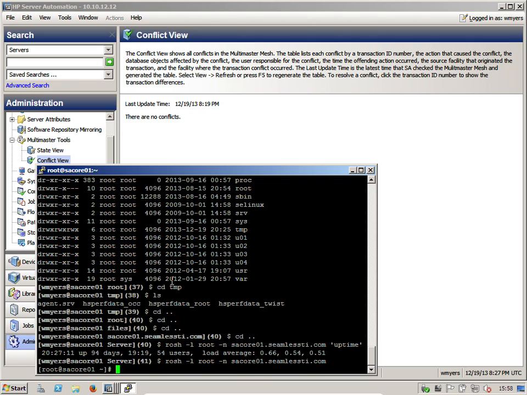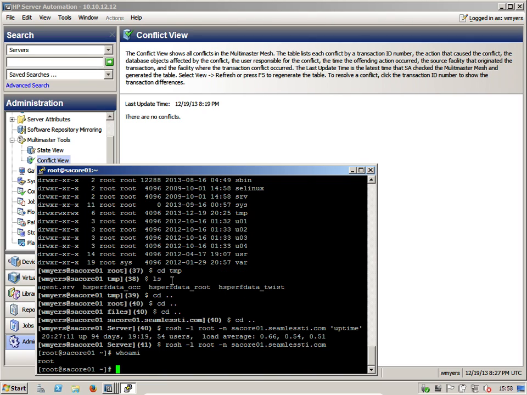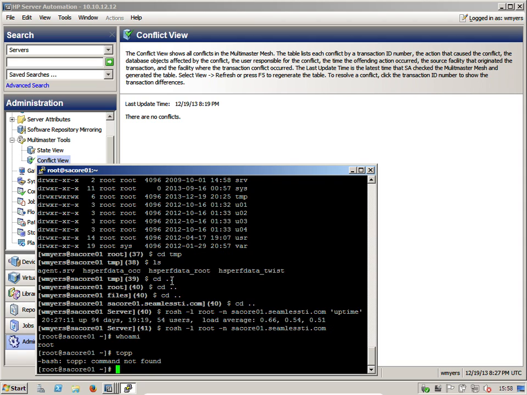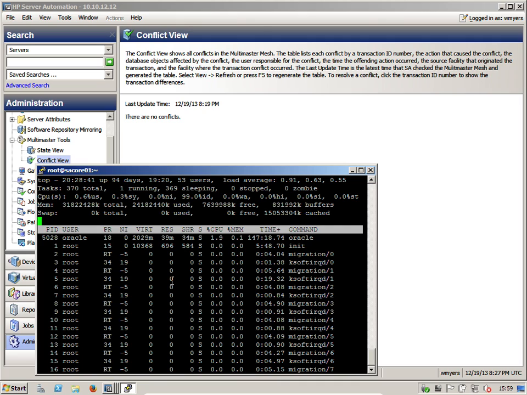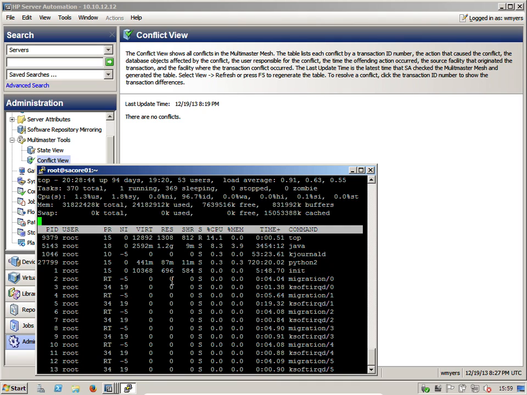So this is Linux, and I can type whoami. I'm root, I really am. I'm on the system. I can look at stuff. I can do anything that I would normally do if I was root, but everything that I'm running is being